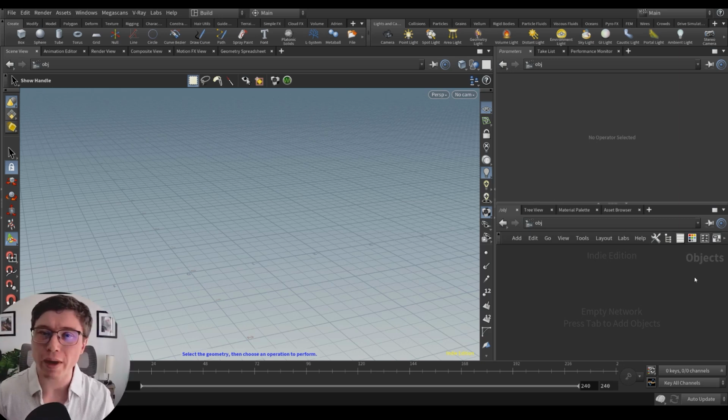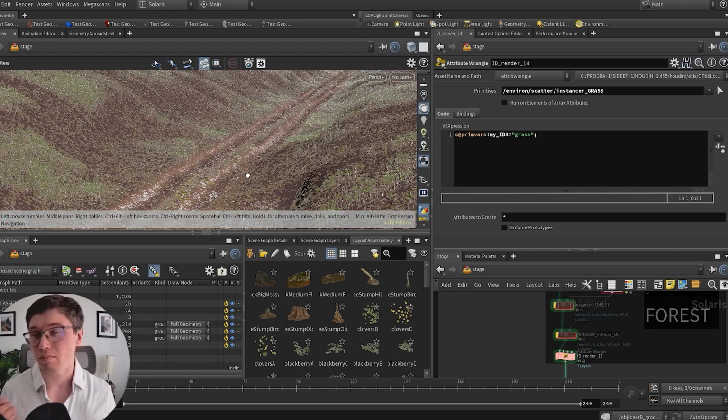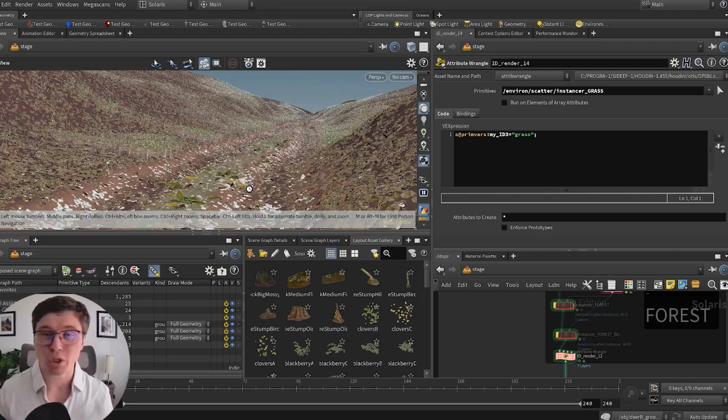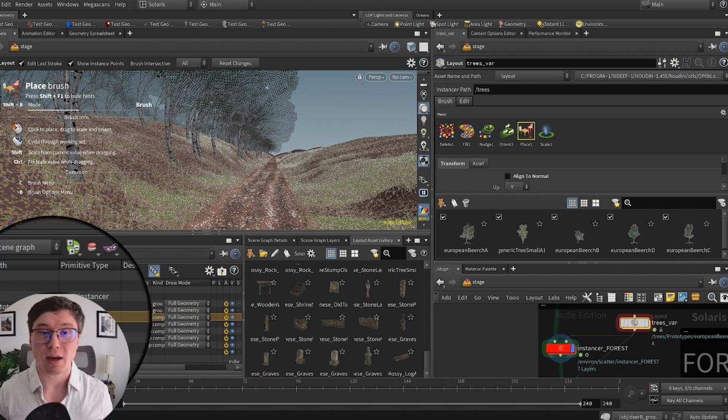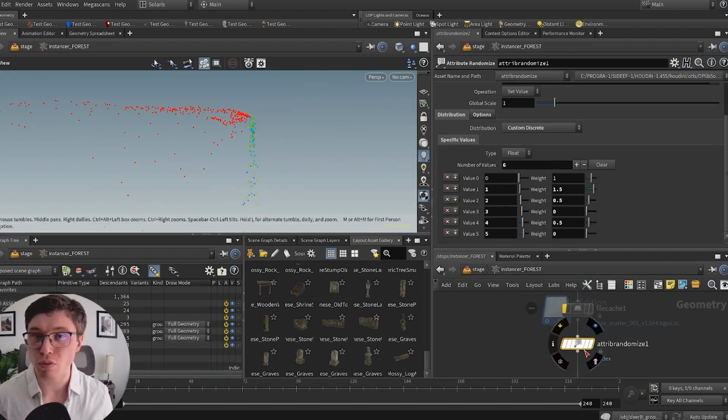Today I want to try and clarify the copy-to-point workflow. That is basically a system for instancing that is supposed to be the latest and greatest way to instance objects in Houdini efficiently. So what is instancing? It's just a system that is memory efficient for you to have millions of objects duplicated without adding more polygons into your scene. So that's a very important concept to understand.